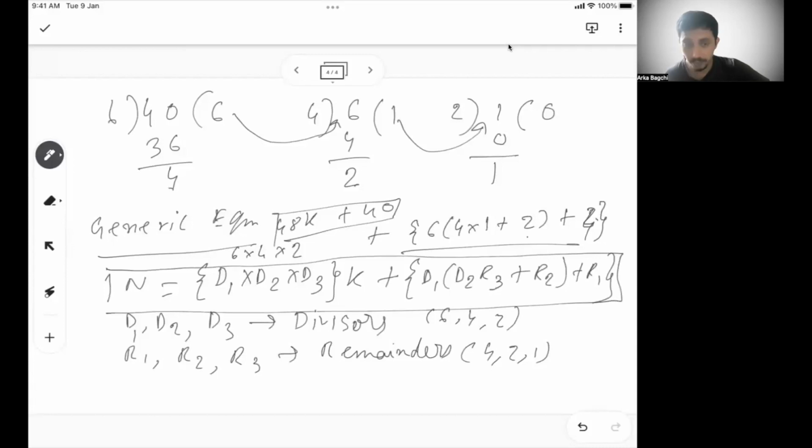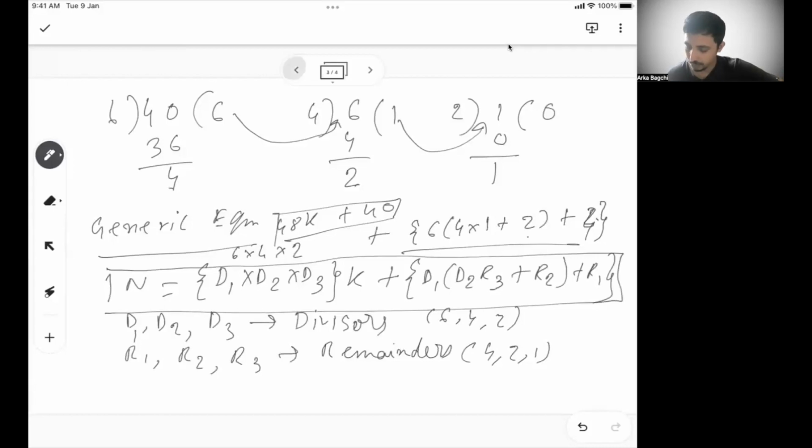If there are three numbers successively dividing one number, how will you get the number? If you can remember this formula, it's good, but it is not a must-remember formula. It's a good formula if you remember it on top of your mind. You can apply it, but be sure where you are multiplying with R3, where you are adding R2, and so on. So if you can remember the formula as a whole, it's very good.